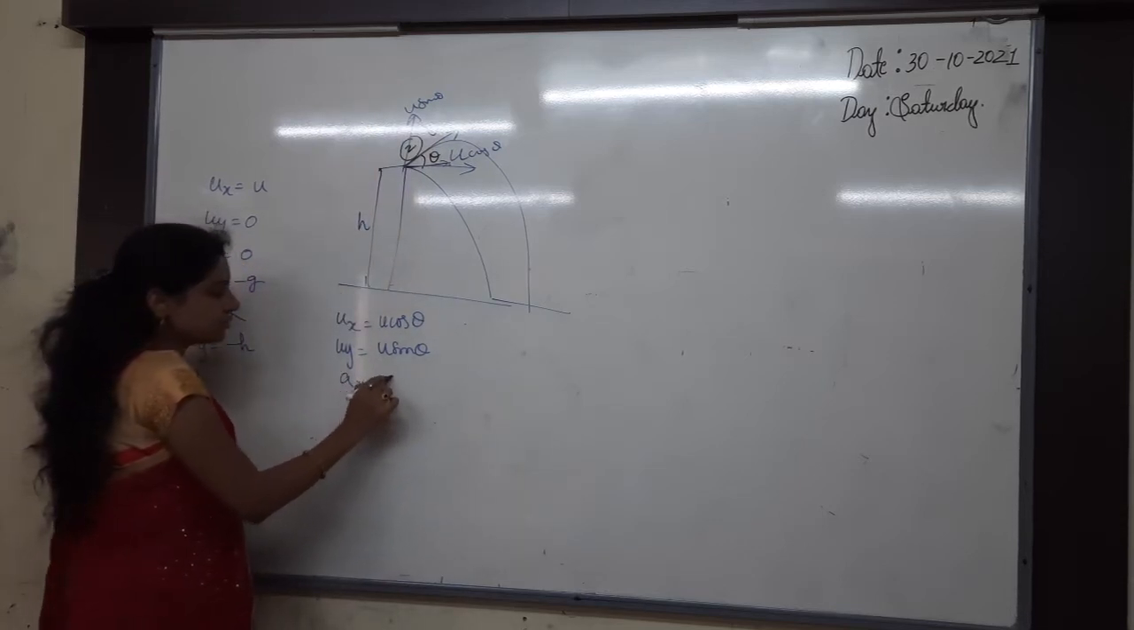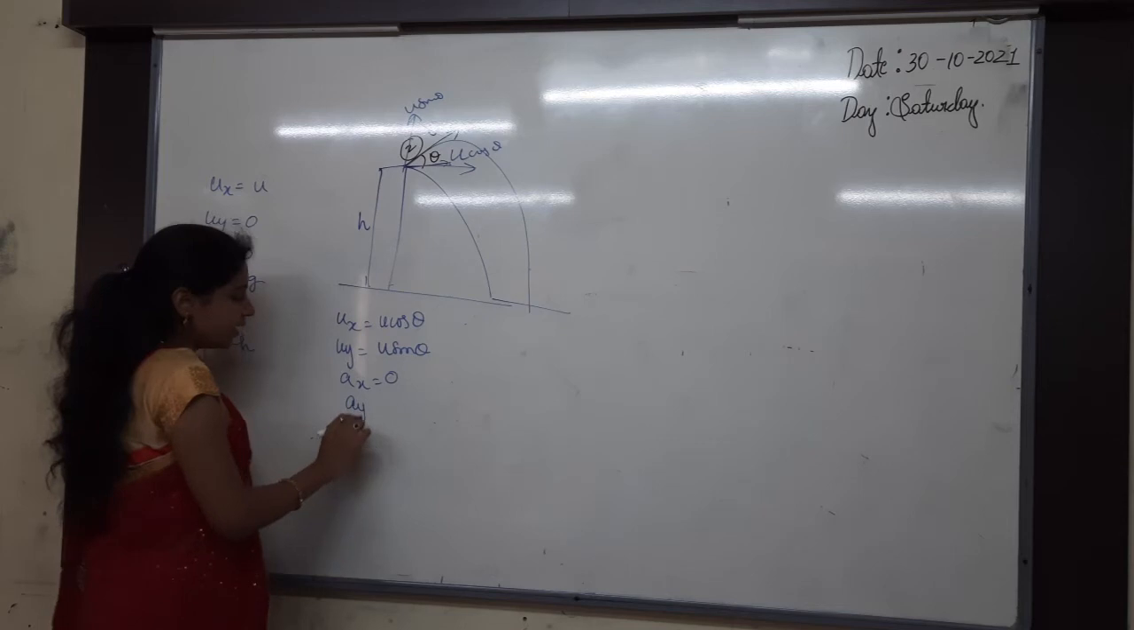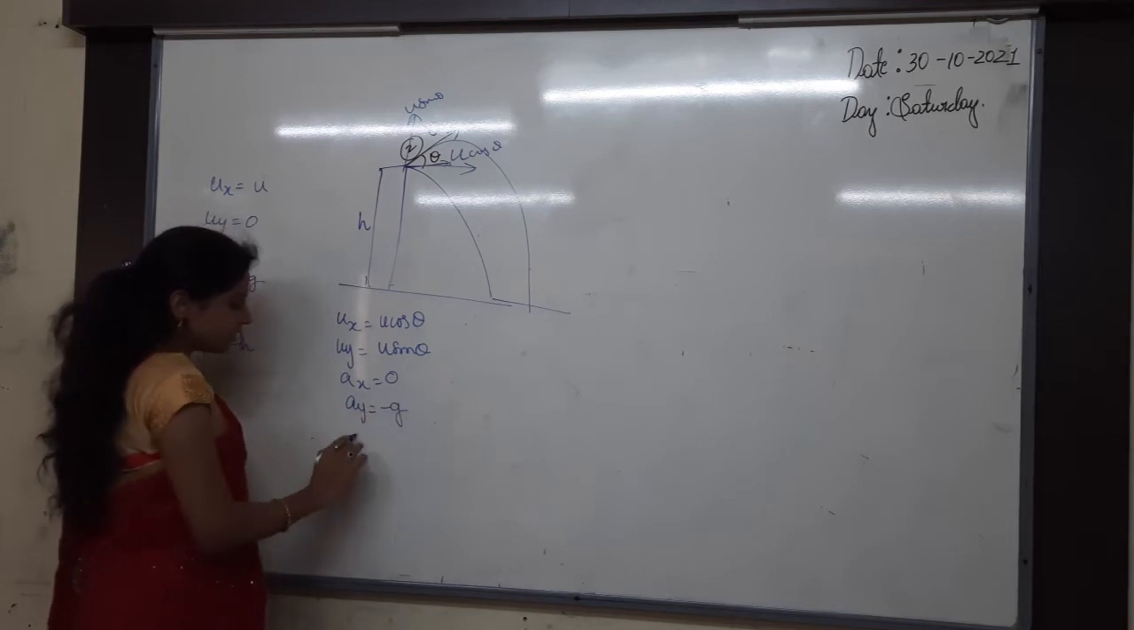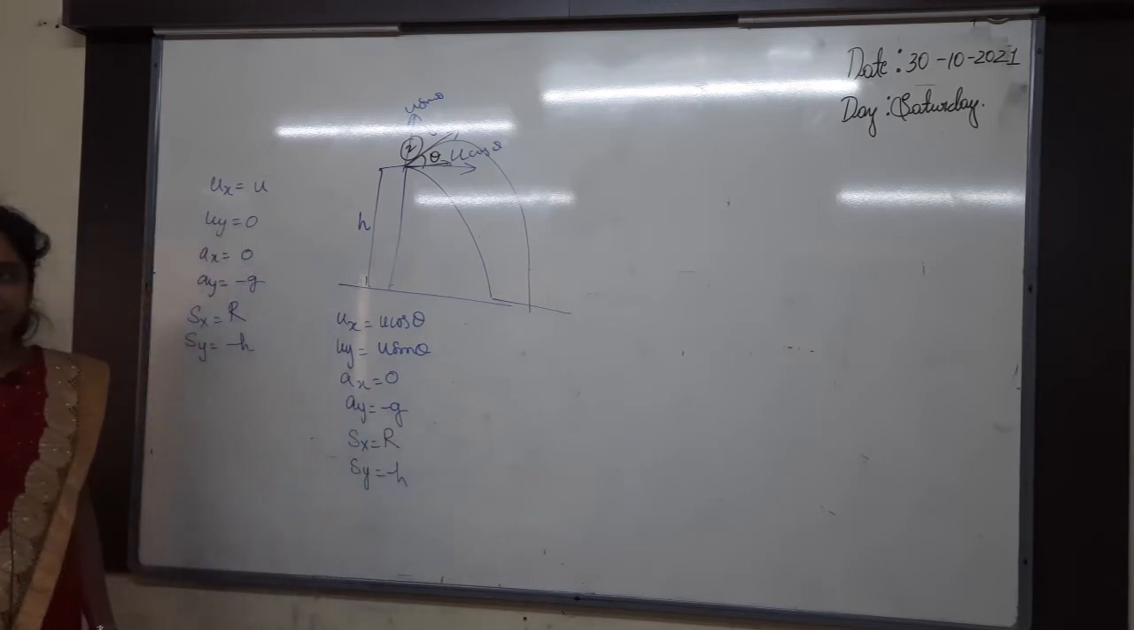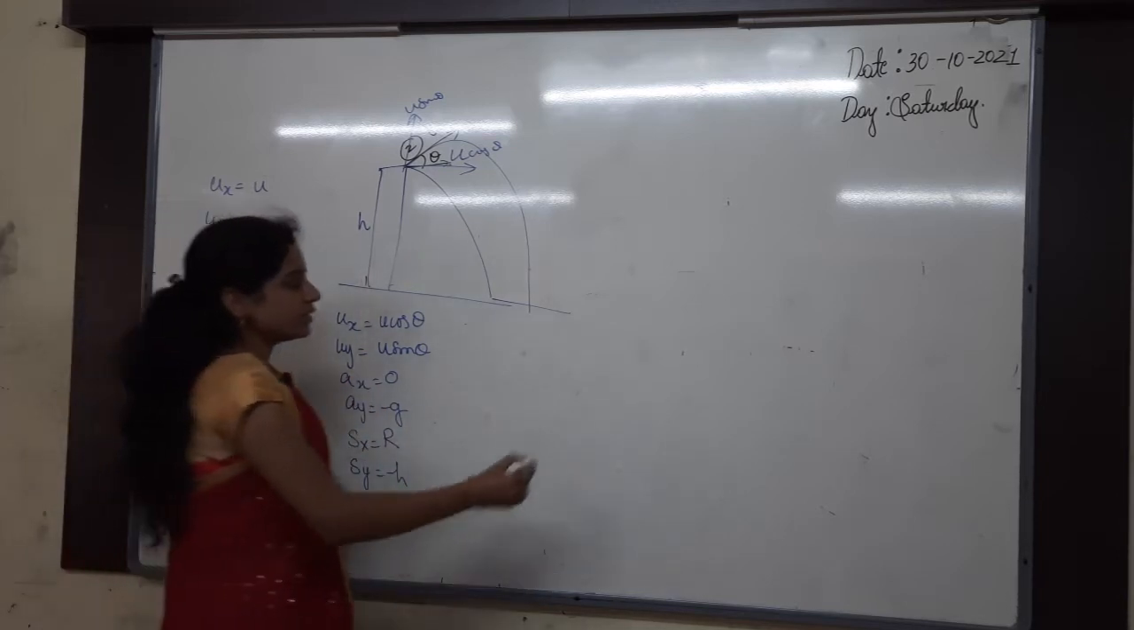Again ax is equals to what? 0 only. And ay is equals to minus g. Sx is equals to range r. And then sy is equals to minus h again. Then third case,